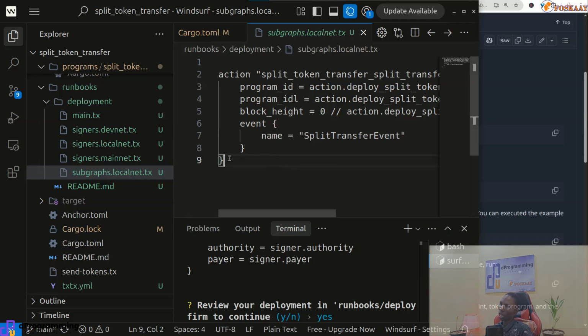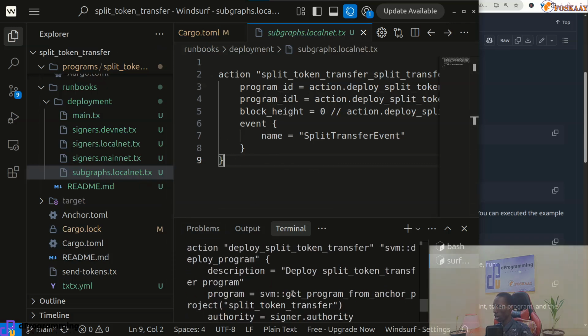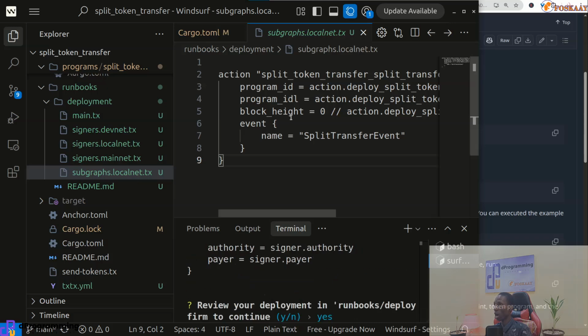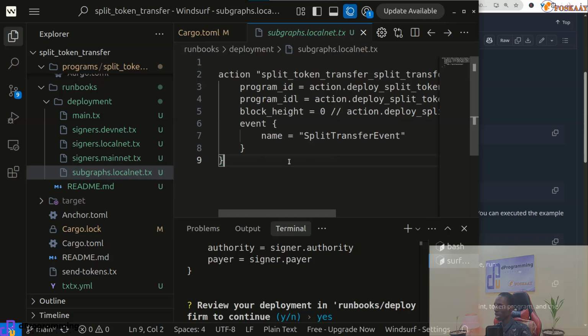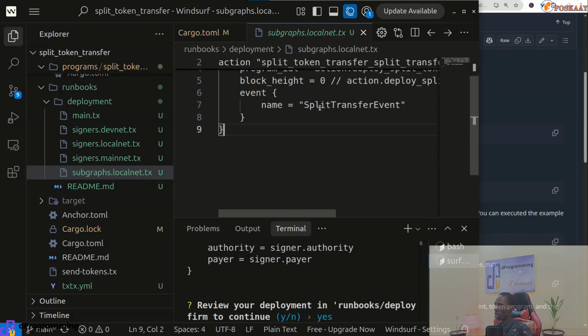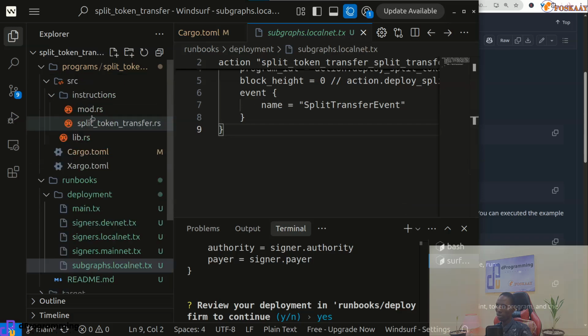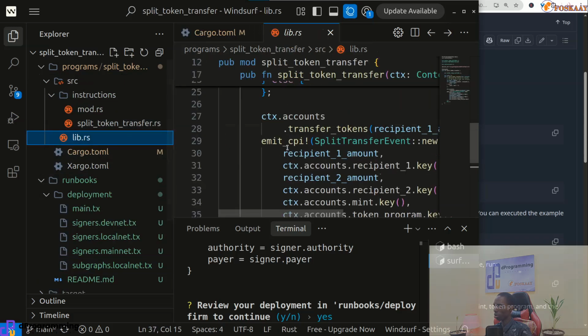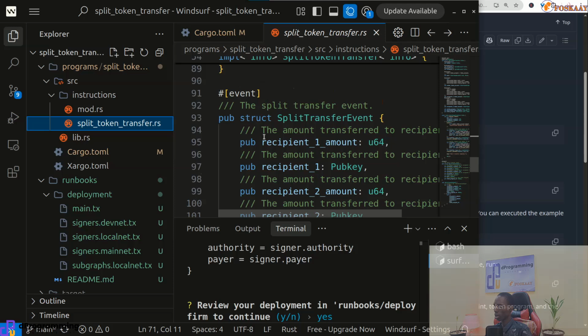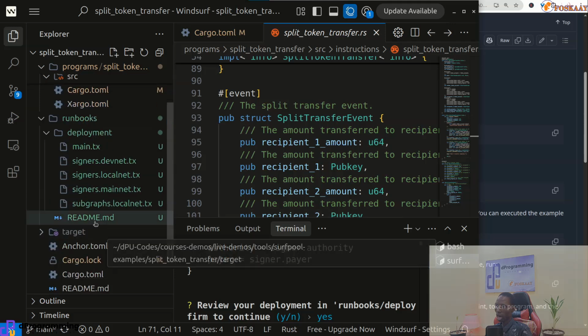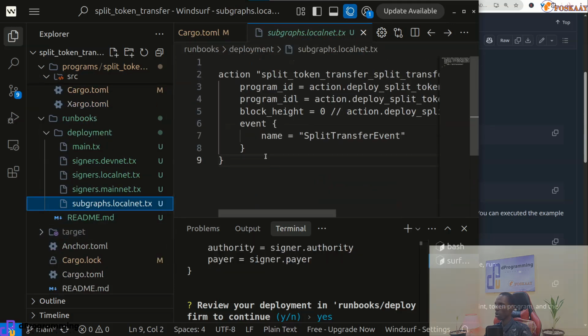Yeah, so we have this subgraph as well. Now we got this and, okay, we think we are okay. You can see program ID, program IDL, block item, things like that. So name, split, transfer, event. I think if we go here, we might be able to spot that. You can see it, split, transfer, event. So you see that they are connected, and this is the subgraph, which is what I was talking about in their